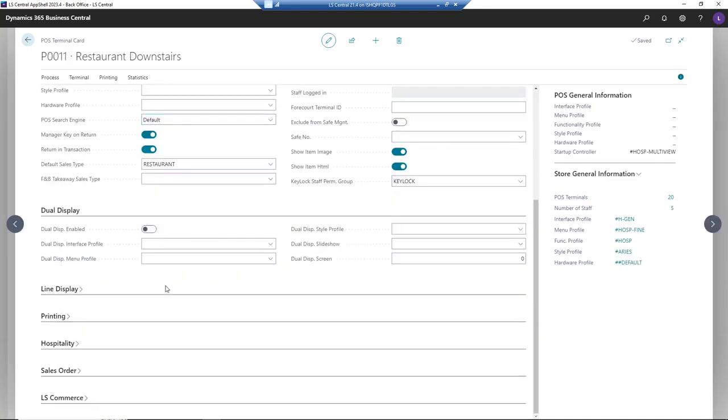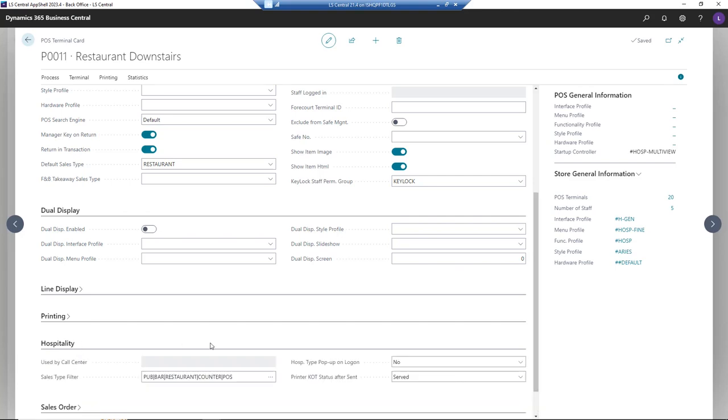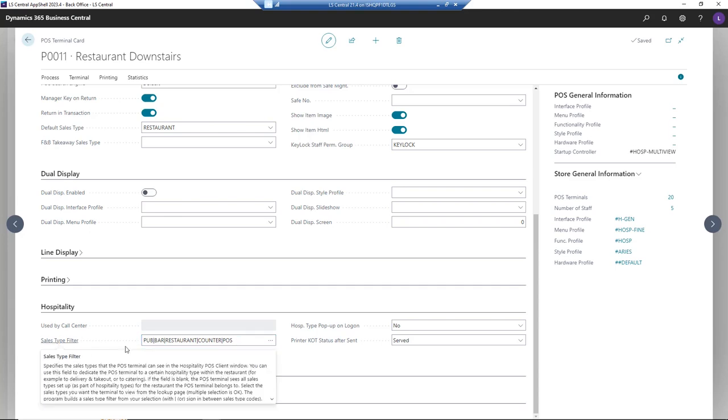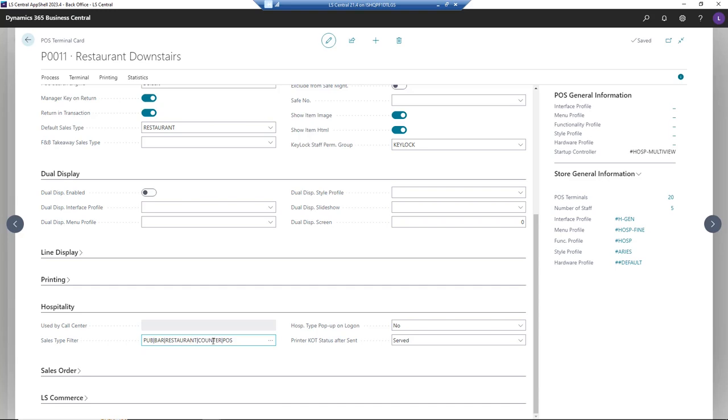And if you go down here, you will see there's a hospitality fast tab. Let's open that. And here you see the sales type filter. We have seen the restaurant downstairs, upstairs, bar, gift shop, etc. These are the hospitality types, which are based on sales types. So this one has 5.